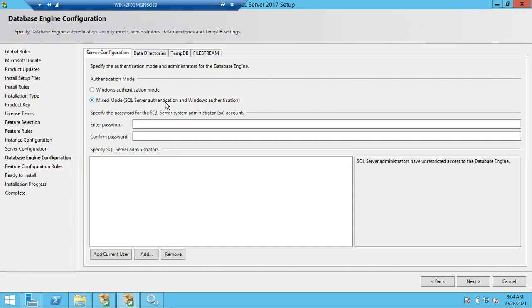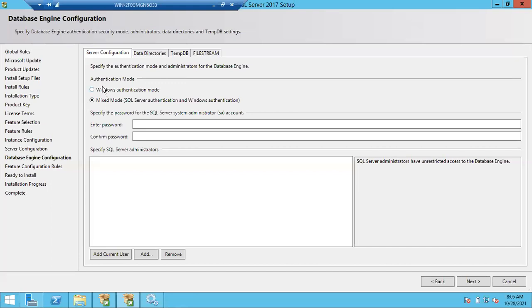Right, this is also a very important screen, guys. So here, if you see, authentication mode: two types of authentication are there. One is Windows authentication mode, the second one is mixed mode authentication. I'll explain about this authentication mode in the security concept. We have a security concept: what is authentication, what is authorization, how to log into SQL Server, how login will work. Everything I'll explain there.